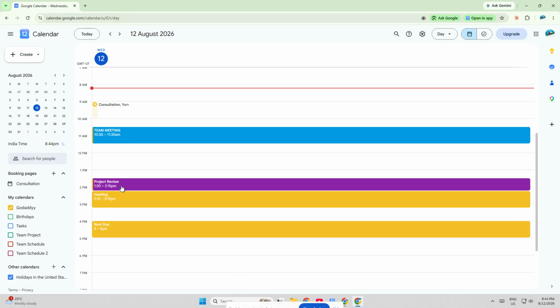If you want to make your calendar even more organized, you can repeat the same process for other events and build a consistent color system that works for you. Many people color code events by work, family, school, appointments, or travel, so everything is easier to manage. The more consistent you are, the faster it becomes to read your schedule at a glance,